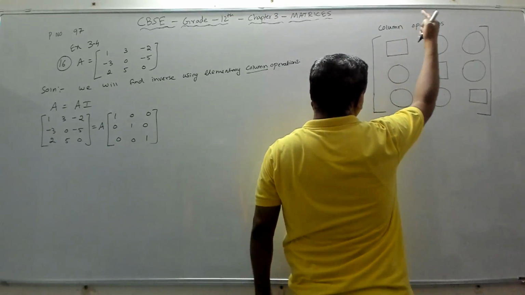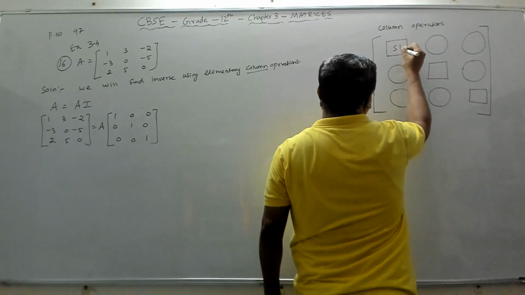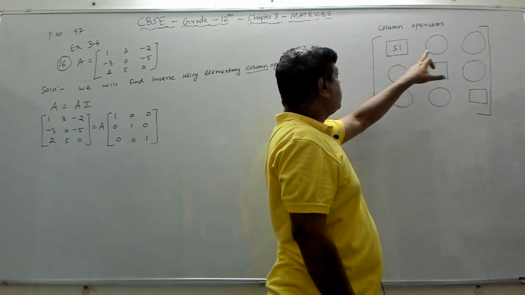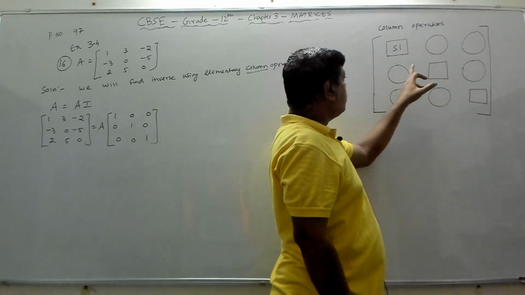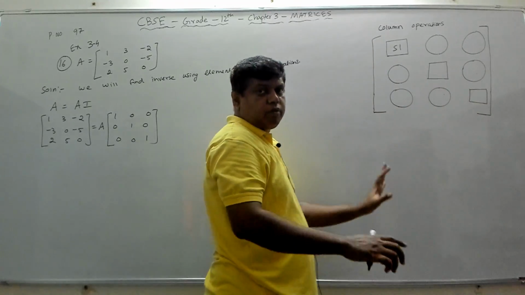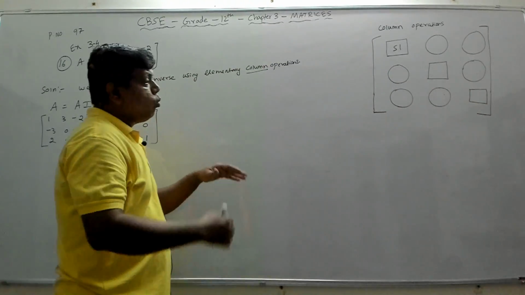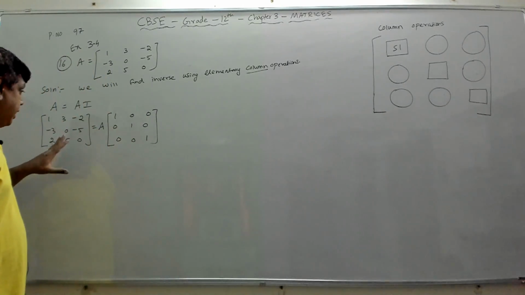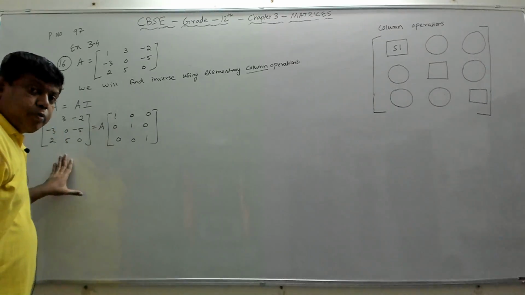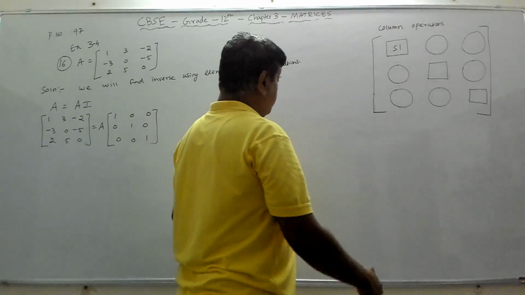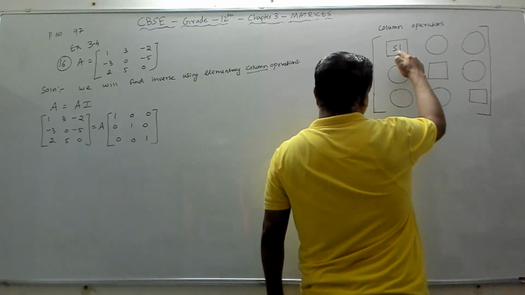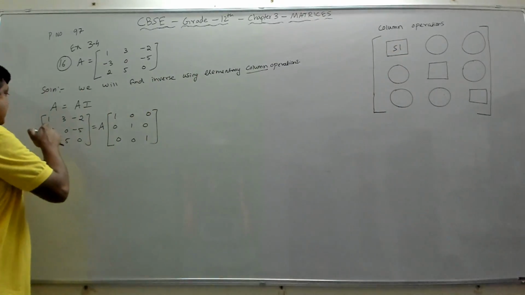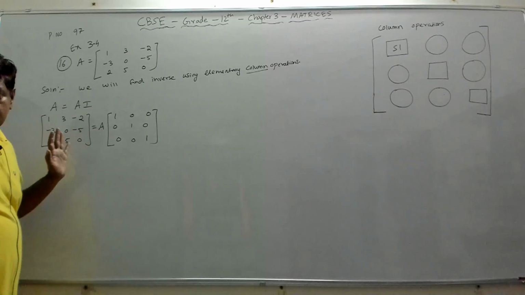So if you are going to apply column operations, the first step is S1. Here the box means 1 and the circle means 0, so the pattern is 1, 0, 0, 0, 1, 0, 0, 0, 1. Just in notation, I'm going to tell you all the steps we will apply to slowly convert this into this matrix. Which element should be converted to 1, which element to 0, and the sequence of steps. First we have to convert this element to 1. The box denotes that it is 1. That's step 1, S1, which means you have to make this element 1, which is already 1 in this case.